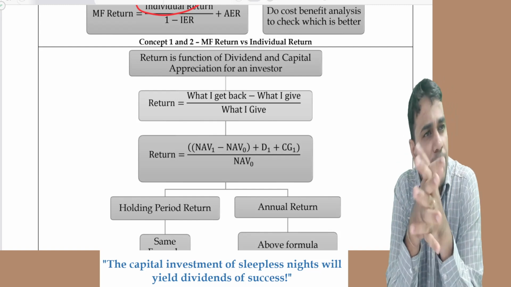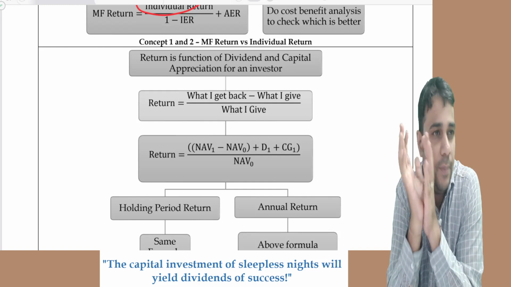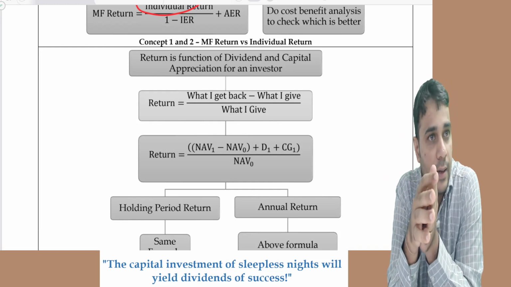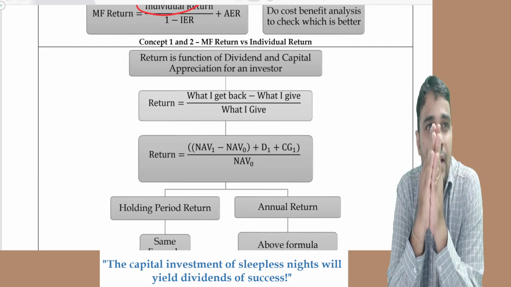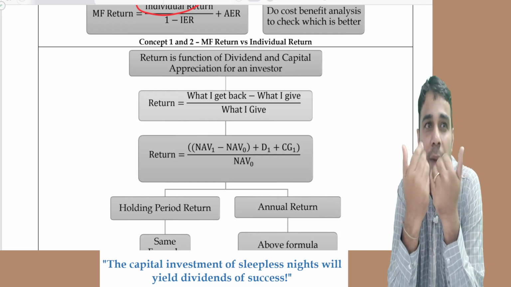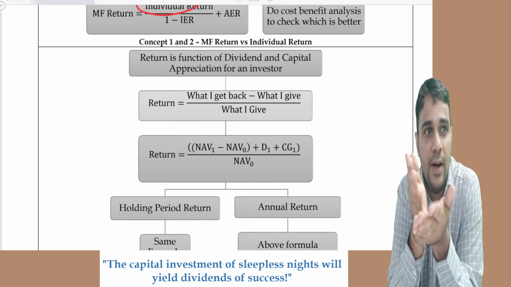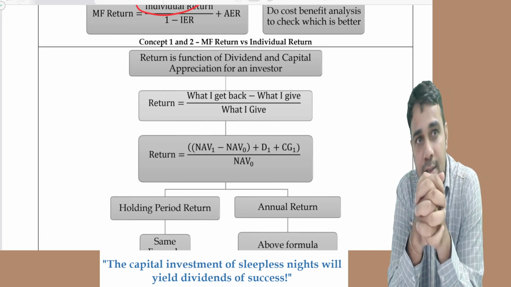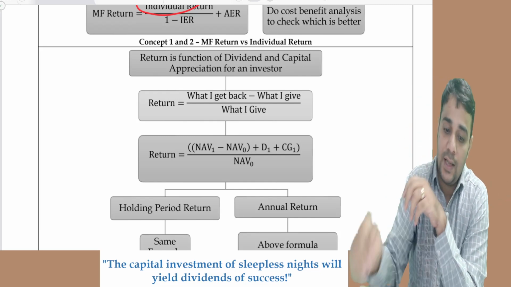One simple formula for return is what I get back minus what I give, divided by what I give. Now what is the logic? I gave you 100 rupees. You gave me back 110 rupees. My return is 110 minus 100 divided by 100. That's a very simple logic of a return. So return is nothing but